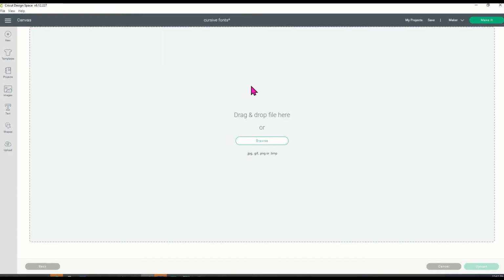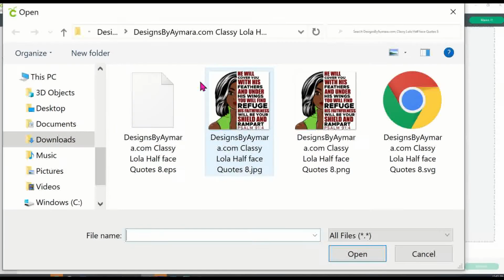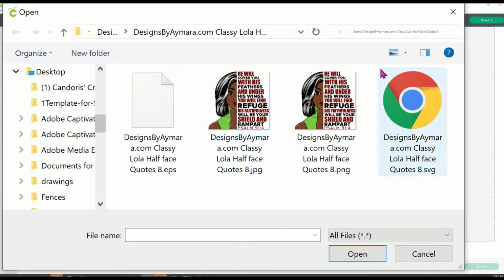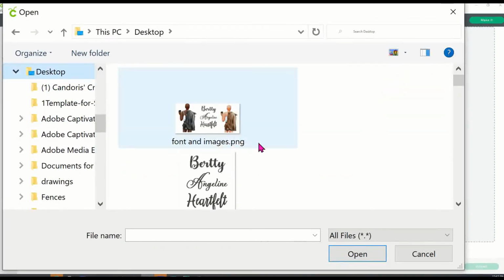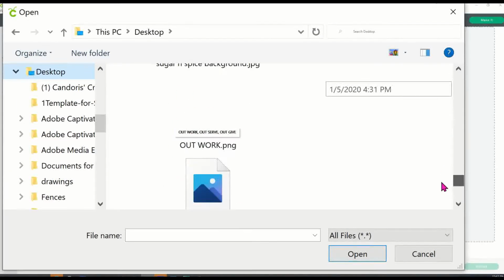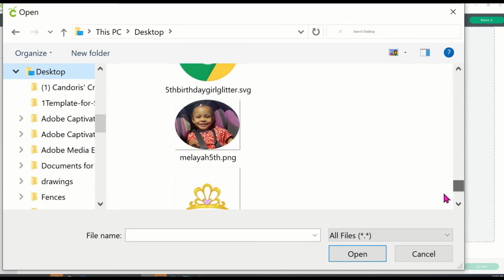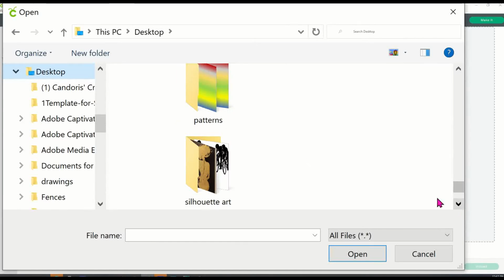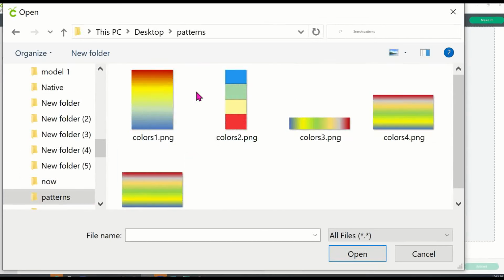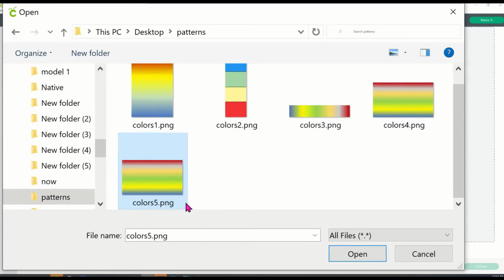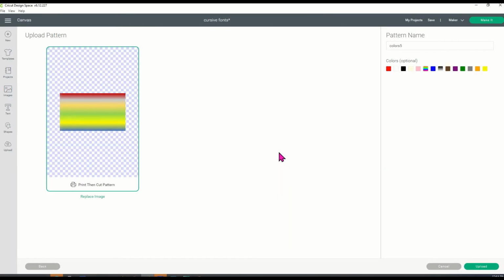Upload pattern, browse, desktop, and we're going to go down to our pattern folder. So that was it. I did it as 4 and thought I did it as something else. All right, so we're going to upload it,